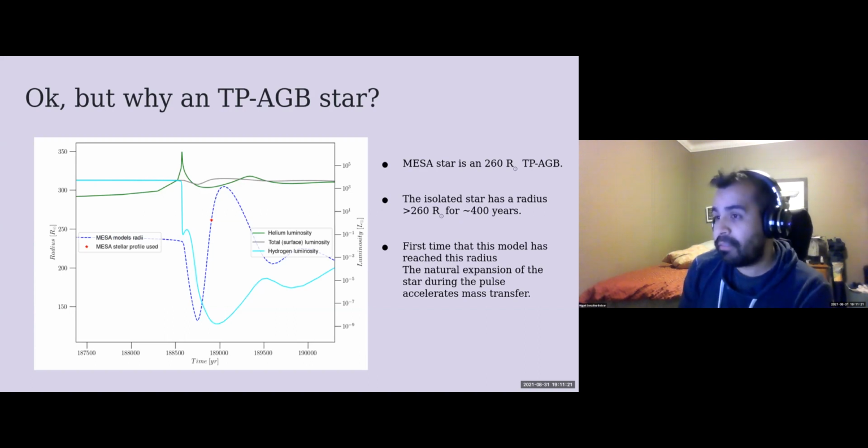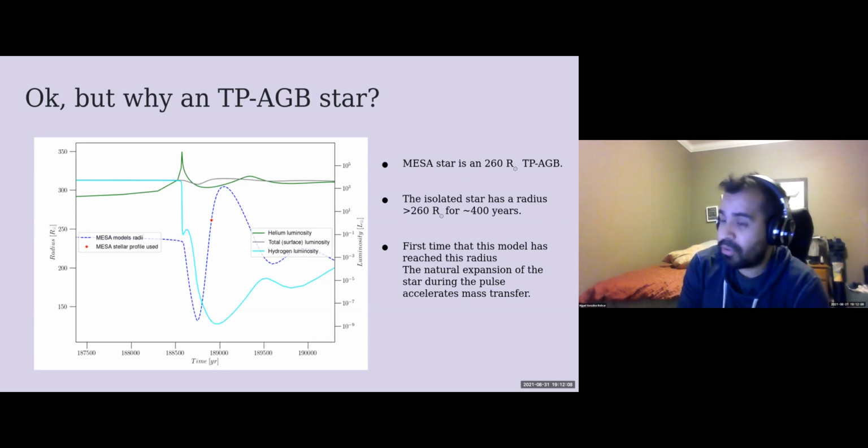And this is relevant for us because that means that we can create scenarios where the star is about to fill the Roche lobe, and even a little bit more than that because of the expansion. So we choose a particular stellar model in which the star is reaching 260 solar radii, and you can see here in the plot the red star that I'm putting there, and it will continue expanding for around 200 years and then continue contracting. However, the actual size will be larger than 260 solar radii for about 400 years. And that's